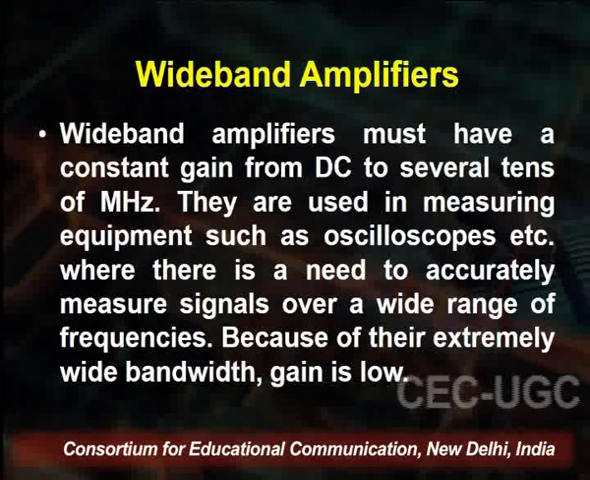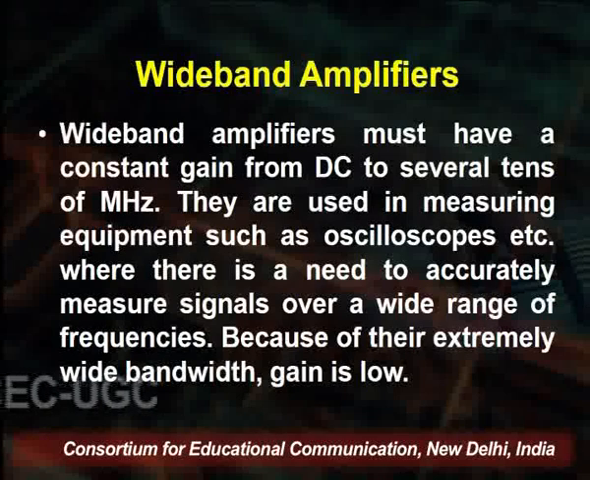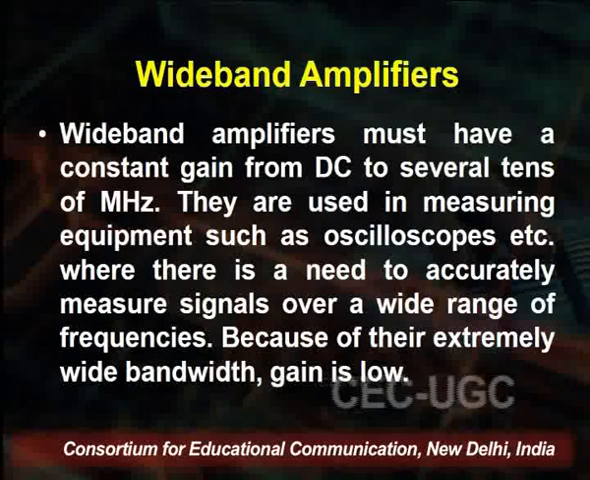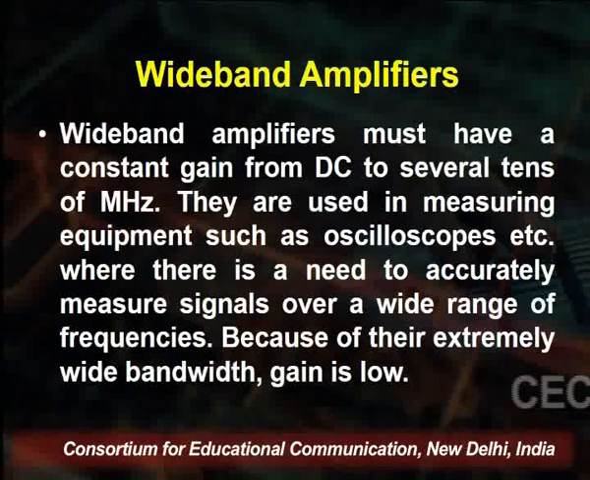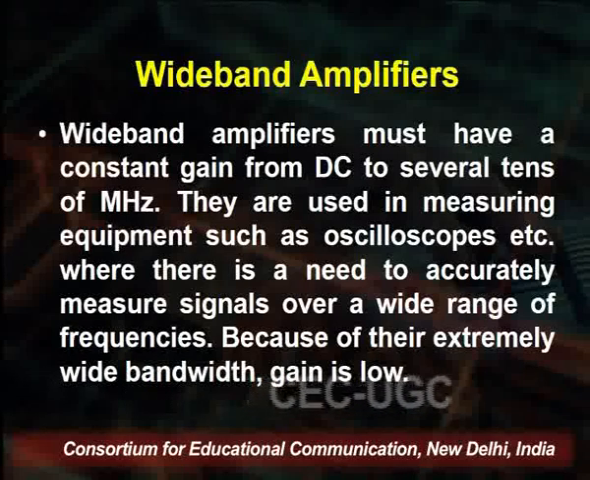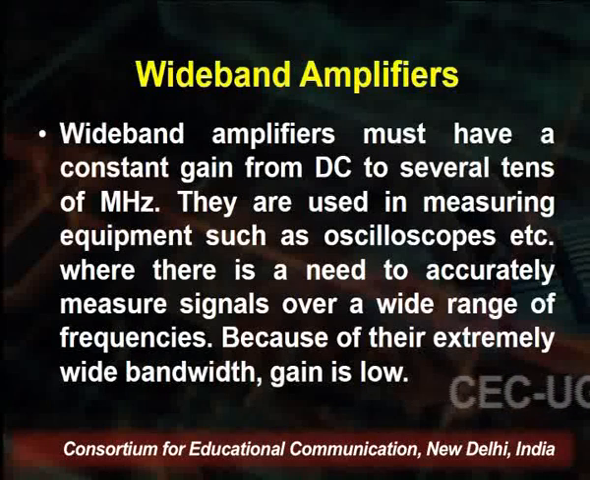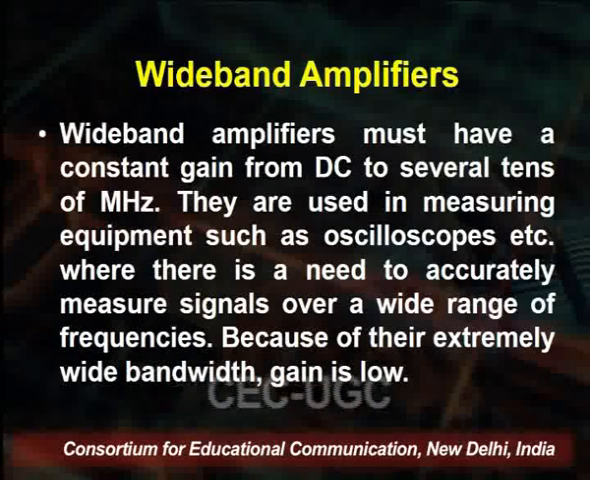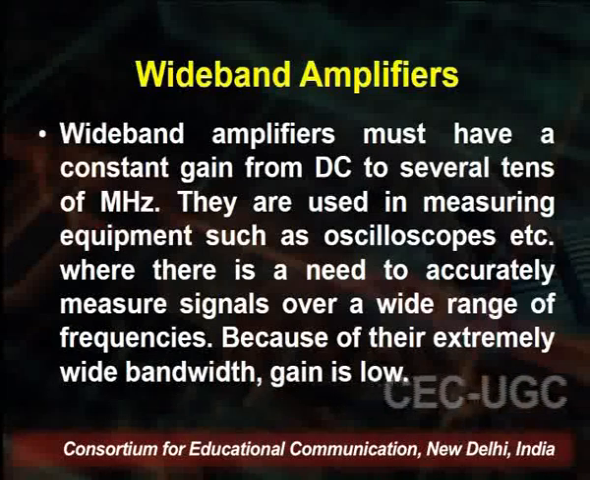Next type of amplifier is the wide band amplifier. What is this type of amplifier? Wide band amplifiers must have a constant gain from DC to several tens of megahertz. Wide band means, as the name suggests, that its band is very high. It works in a larger band system. So a wide band amplifier must have a constant gain from DC to several tens of